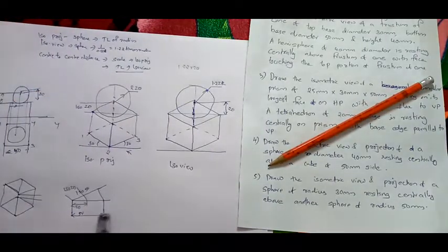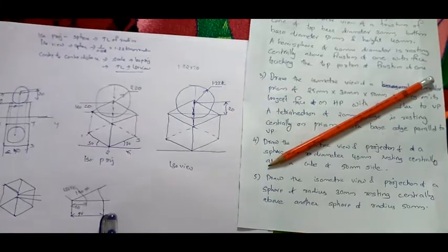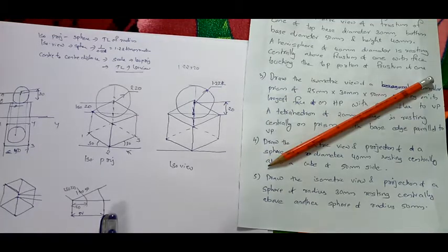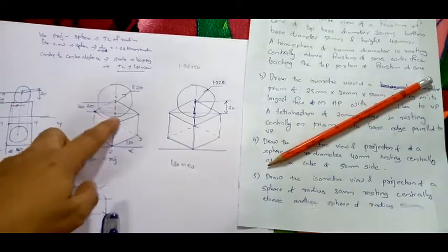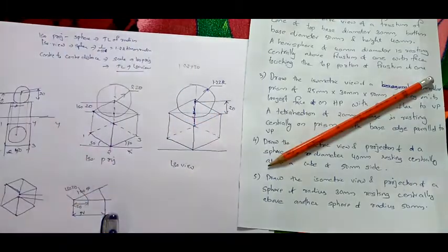So keep in mind, while drawing isometric projection of a sphere, center to center distance is scale, and radius is equal to the actual radius of the sphere. Now while drawing isometric view, center to center distance will be the actual length and radius will be equal to 1.22 times the radius of the circle. So 1.22 times. There must not be any difference in this. It always goes down from here, down from the center.